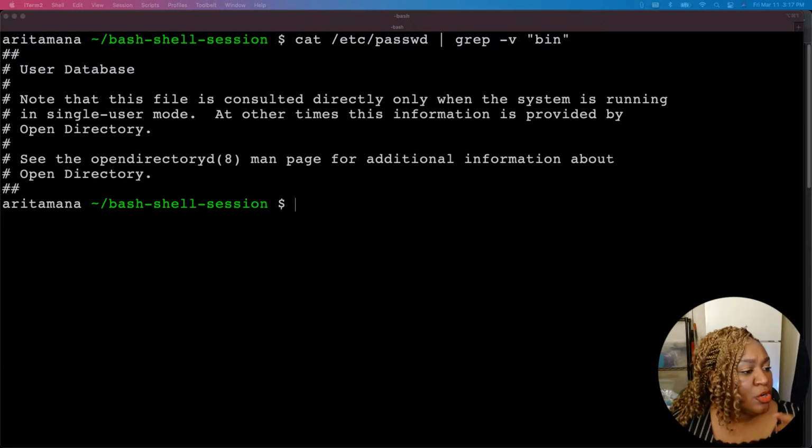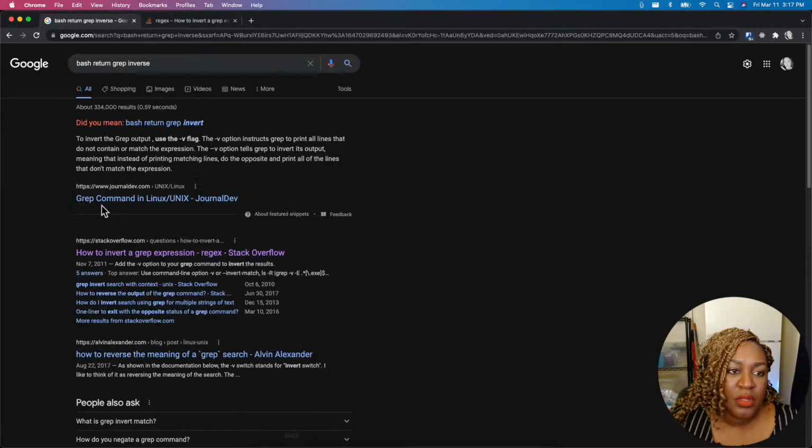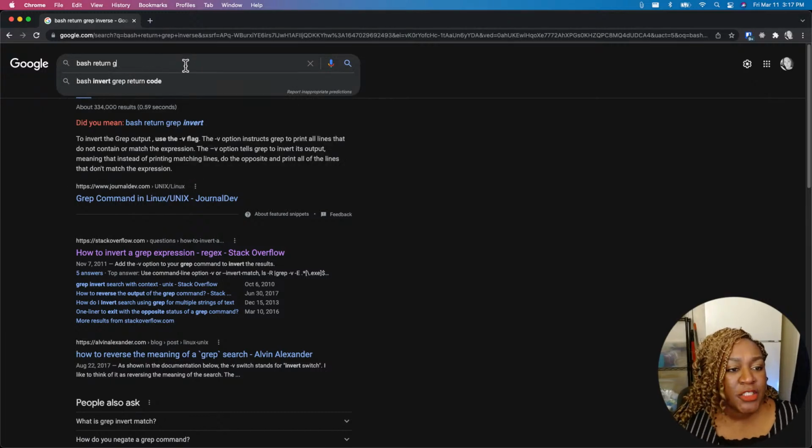Okay, letters only, number 18. Display all the lines of this file starting with a letter. Include capital letters as well. Display all lines starting with a letter. So I'm just going to search that, because I don't know it. Okay, so I'm going to say bash